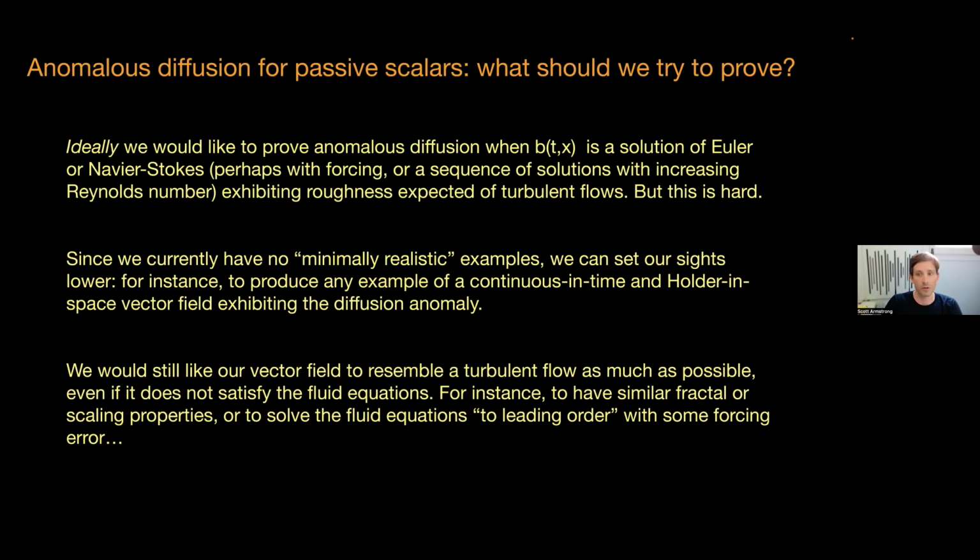they're looking like a turbulent fluid. This seems very hard though, because as we've seen, it's very hard to understand what's going on in those equations. And so we're just going to try now to build a vector field that looks as much like a fluid as possible. We want it to be kind of looking statistically stationary. We want it to be continuous in space and time and not have jumps and things like this. Okay, and we would like, of course, to see that it has this diffusion anomaly.